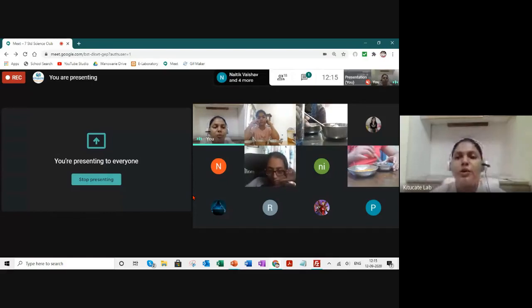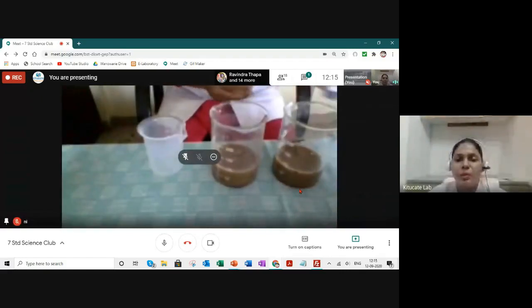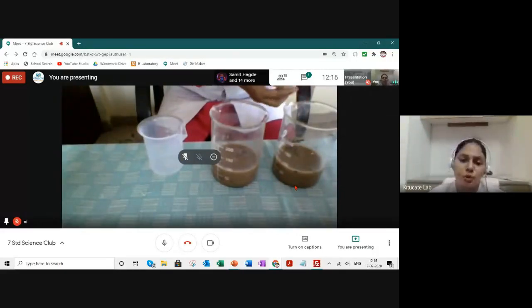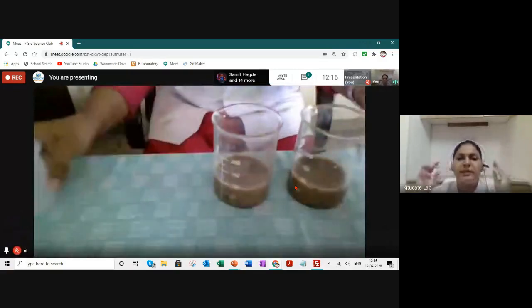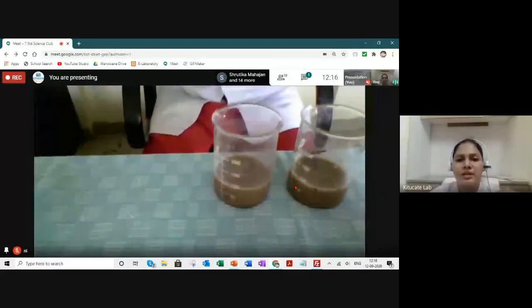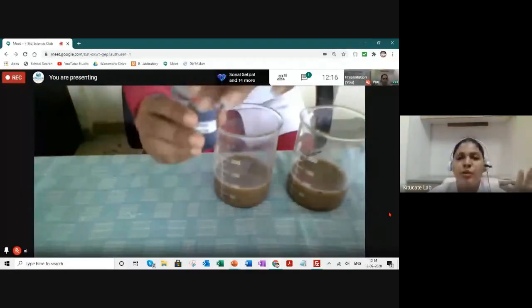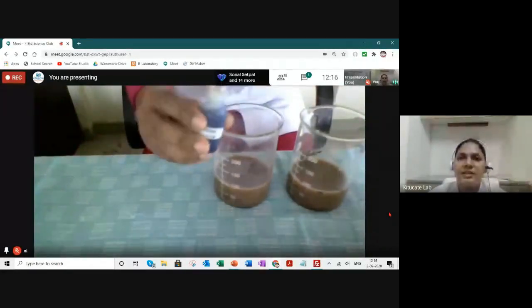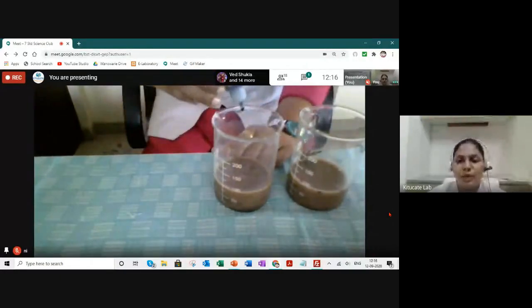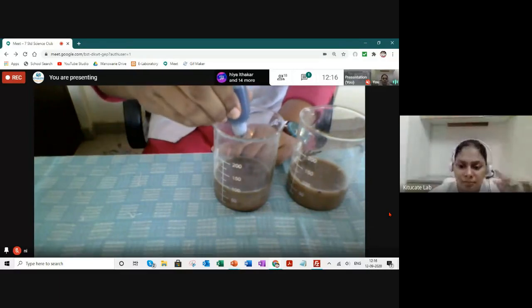Okay. Now, what we are going to test with Nicola ma'am is, you can see she's here. She'll be testing it with litmus paper and she'll also be testing it with universal indicator. Now universal indicator is a liquid which shows different colors. It is like dark blue or darkish green in color. When you pour it in acid, it takes the color from yellow to red, and when you pour it in base, it takes the color from green to dark purple.